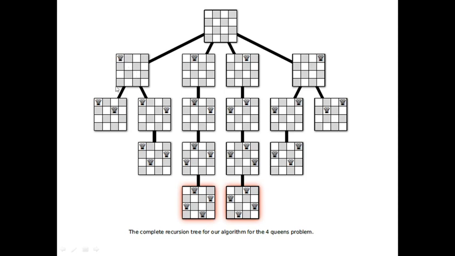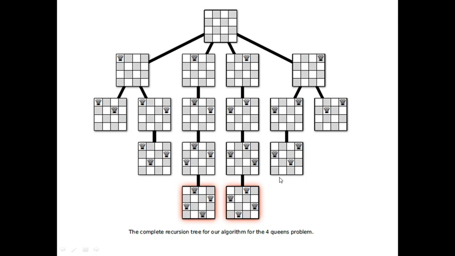If you place it here, you can place it here, then from there you cannot place the third one anywhere here, and this is now a dead end. And if you are placing it here, you can place the third one here, and that is also a dead end. The fourth queen you can never place anywhere here. And if you are taking this and you are placing it here, you are getting a solution. And the reverse, this mirror image, will also lead to a solution. And all other cases won't lead to a solution, they are actually dead ends.